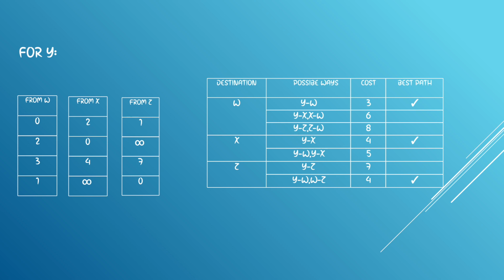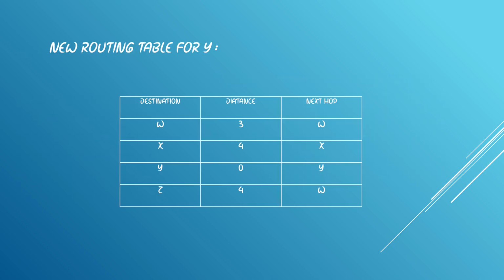Best path is W to X, 4. And for Z: Y to Z costs 7, and Y to W, W to Z costs 4. The best path is Y to W, W to Z, cost 4. And the new routing table for Y is: Y to W distance 3, next hop is W;